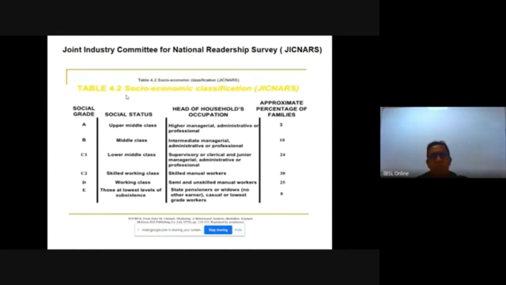And also we discuss about one segmentation model which is known as JICNARS. It stands for Joint Industry Committee for National Readership Survey. The population was divided into 6 categories based on social grade. Social grade A is the high income, upper middle class. B is the middle class. C1 lower middle class. Then C2 skilled working class. D normal working class, and then working class means unskilled working class. E is those are the lower level of subsistence, just casual type workers, right? So this is one UK classification,